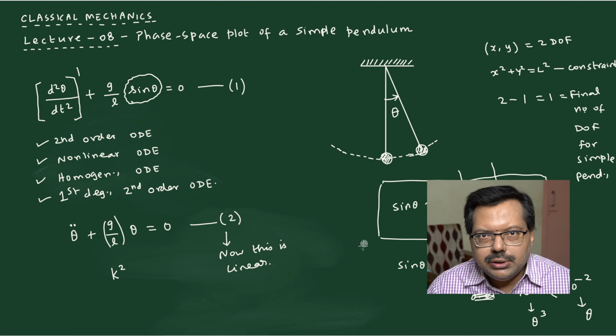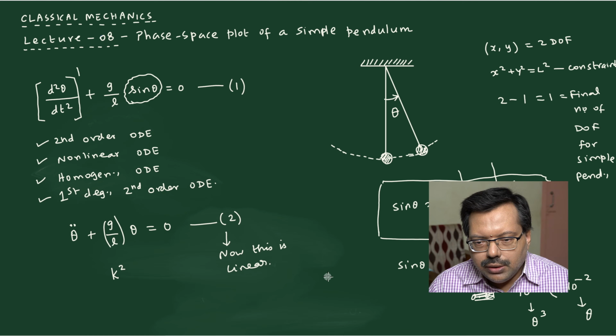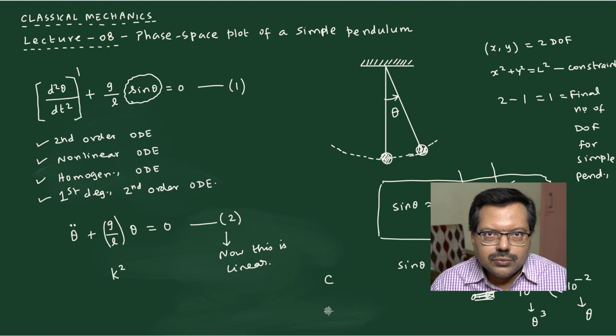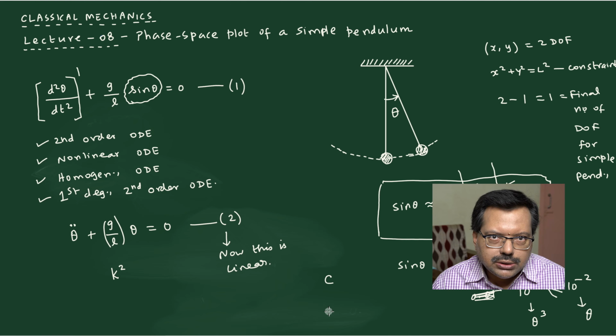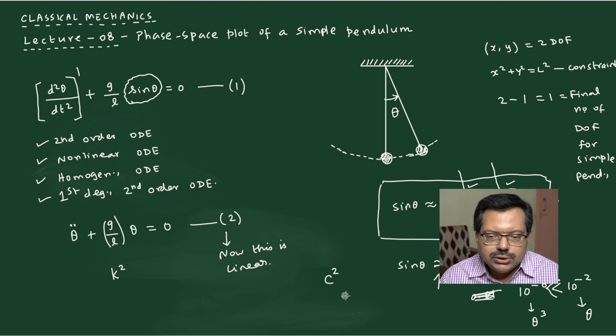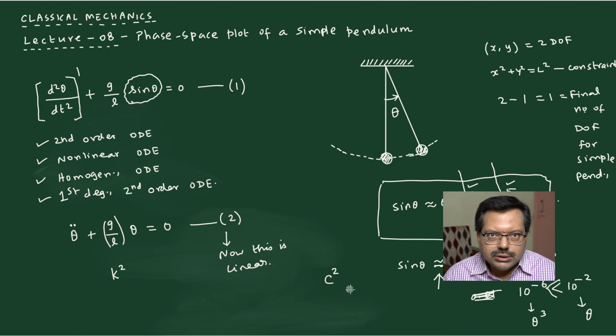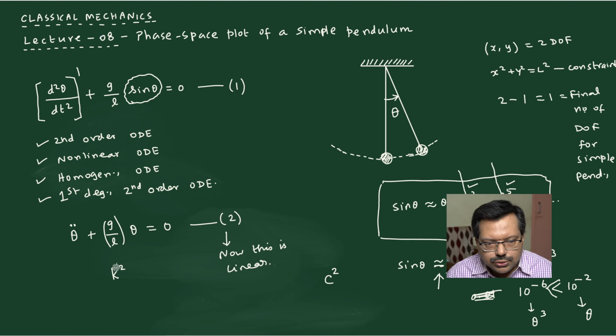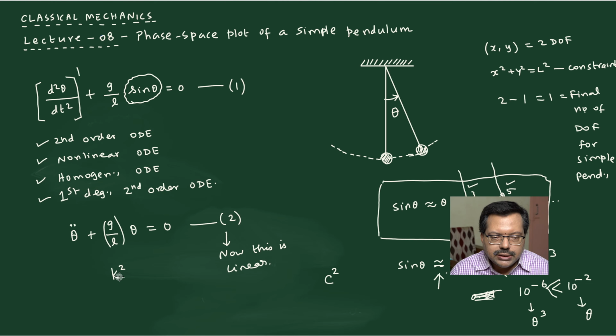Now how do you say mathematically a number is positive? If I say that C is a constant, then the doubt will come: is C a positive constant or a negative constant? You get a doubt. However, if I write C square is a constant, then C square is guaranteed to be a positive number. So you won't get a doubt whether C square can be negative or not. That is the purpose of putting a square there. So g by L is a constant, but we write it as k square to emphasize that it is a positive constant.